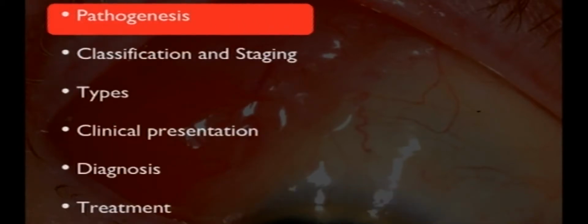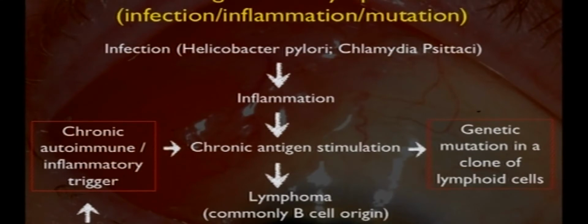Let's look at the pathogenesis of lymphomas. Now, this is one interesting part here where you have infections related to the production of a tumor. And it's quite well known in gut lymphomas for the lymphomas to be associated with H. pylori infection. It's also known in the ocular lymphomas, and inflammation due to this infection can lead to chronic antigenic